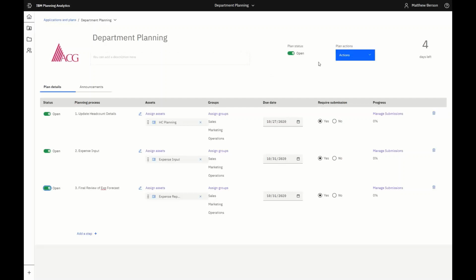One of the really flexible parts about the new guided planning is I can actually open and close the entire plan, or if you have different timings for different steps, you could theoretically close certain steps at certain parts in the submission, but keep the overall plan open. So now I'm just going to flip over and